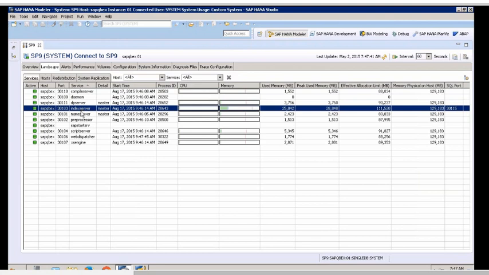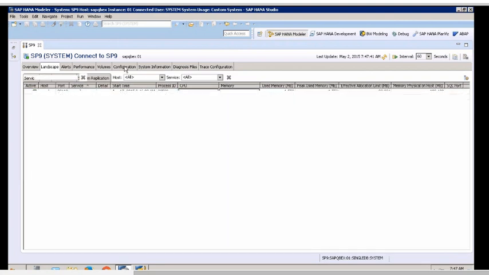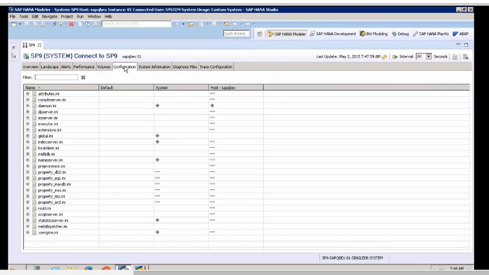Let's say now we have different servers, the index server and the Access Engine server. In the configuration tab, you configure all the parameters specific to each of the servers. For example, here is accessengine.ini.